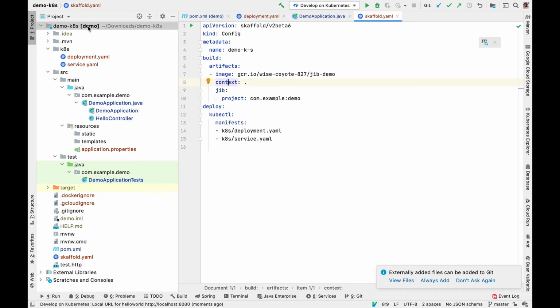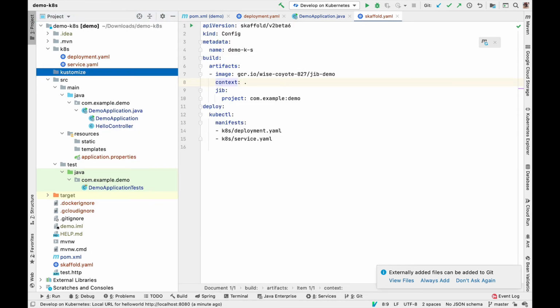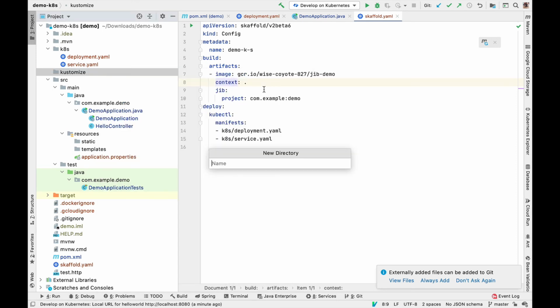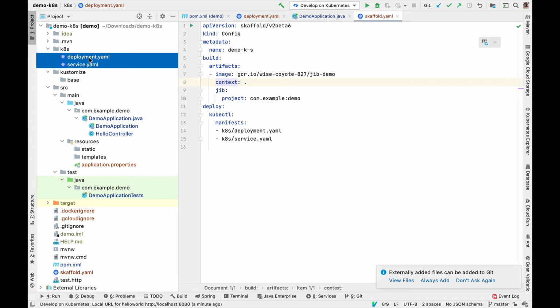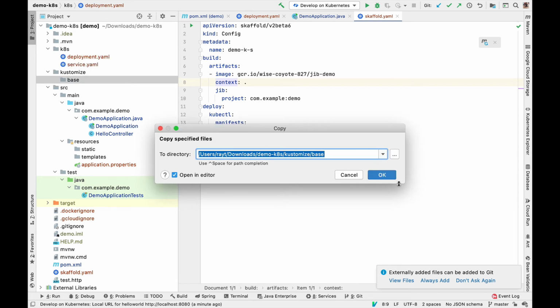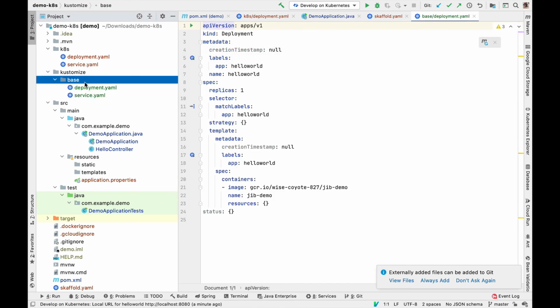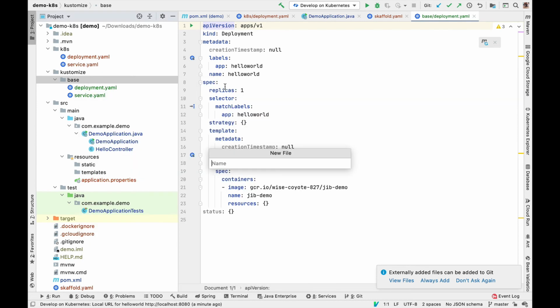So first, create a new directory. Let's call it kustomize. And then we need another directory here with a base set of files that we want to customize for different environments. And these files are meant not to be duplicated over and over again. So let me just copy the base set from my original files here. Okay. And then what we can do is add a customization file. So let me go ahead and add that, kustomization.yaml.